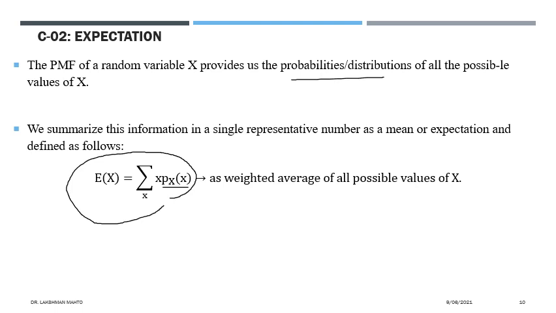So this representation, this definition, you can say that the expectation of a random variable is a weighted average of all possible values of the random variable x. Weighted means the weight is given by the corresponding probability. In a layman's way, we are also very much aware of what kind of weight we want to assign.